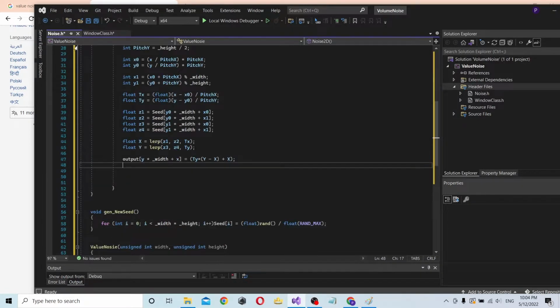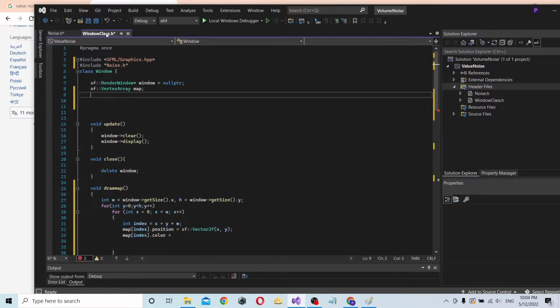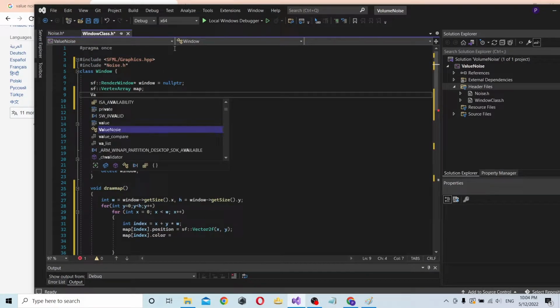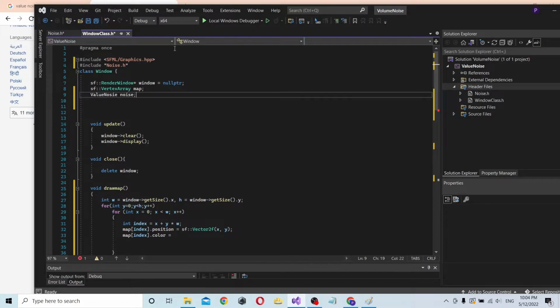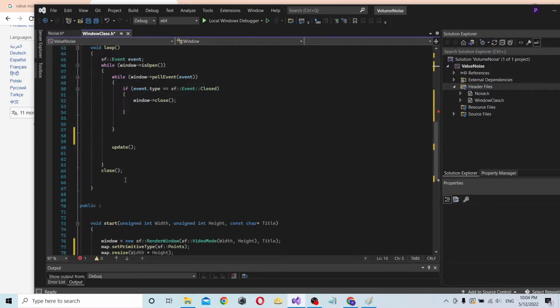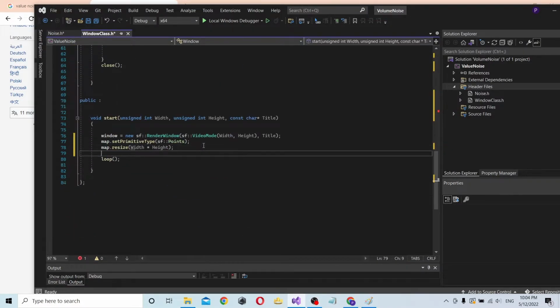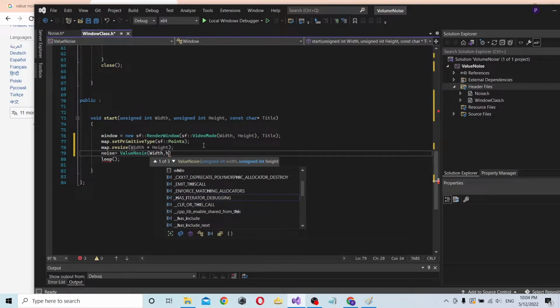Did I call it value noise? Of width times height,